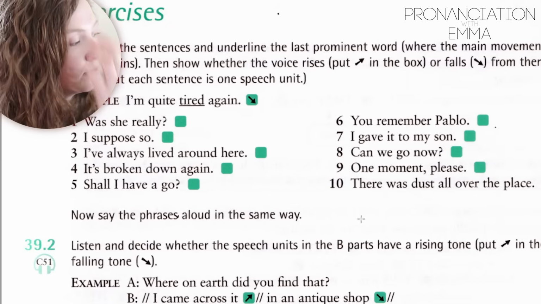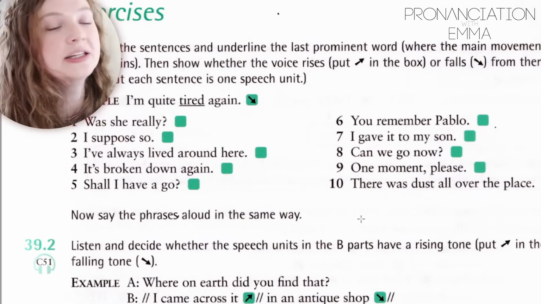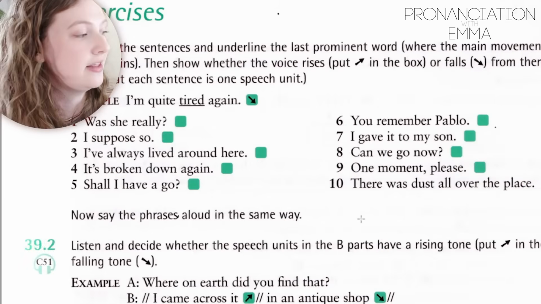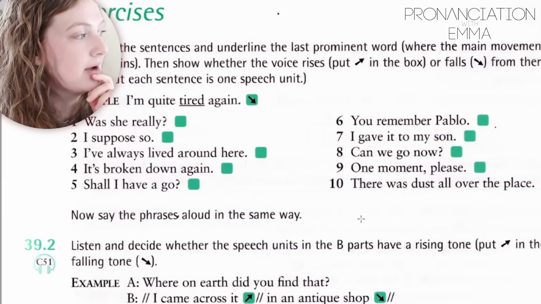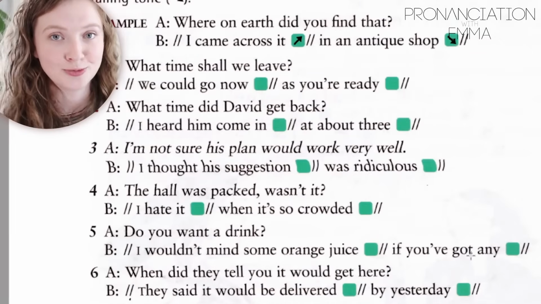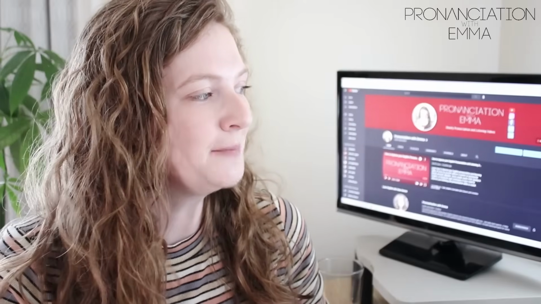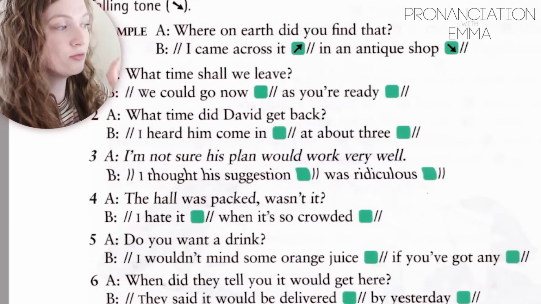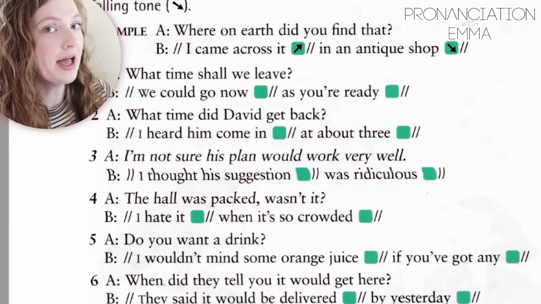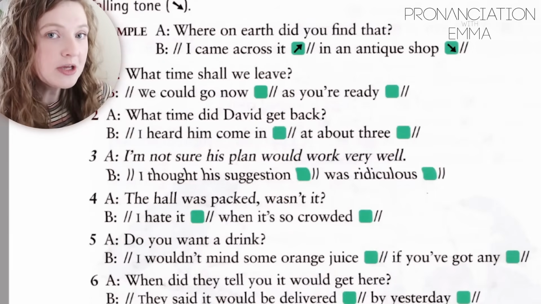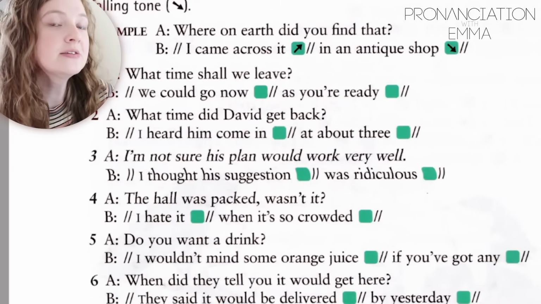So you can see here we've got exercise 1. This is actually a listening exercise. We're not going to do this one together in this video. We're actually going to jump down to this one here and we're going to do this one together. So what we're going to do is read through each of them. We're going to do them together. You can pause the video at any moment if you want more time or if you want to do them yourself and then play more of the video and check your answers later and do it together with me. But what we're going to do is read through each of these and I'd like you to decide whether you think in each of the speech units the intonation rises or it falls.